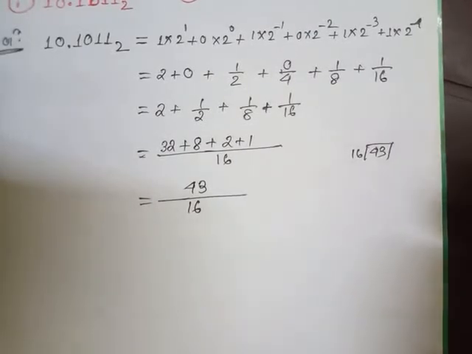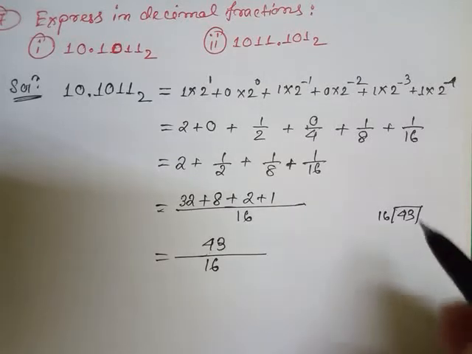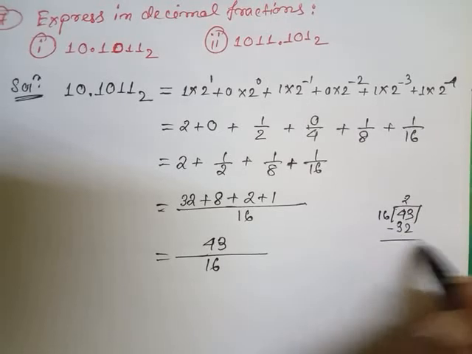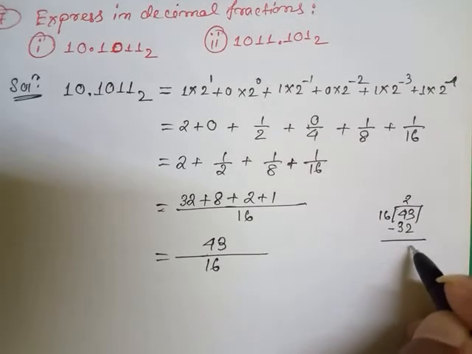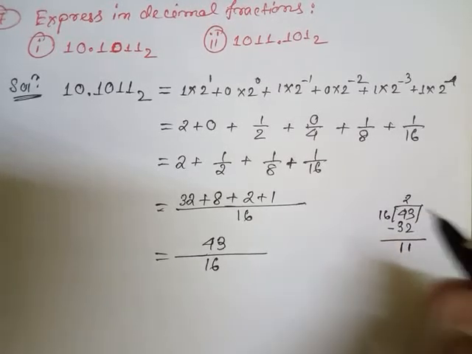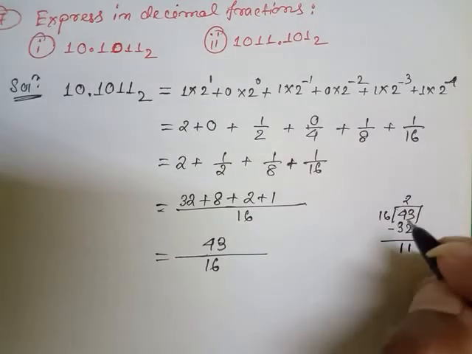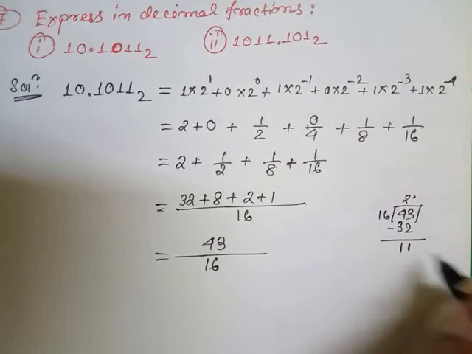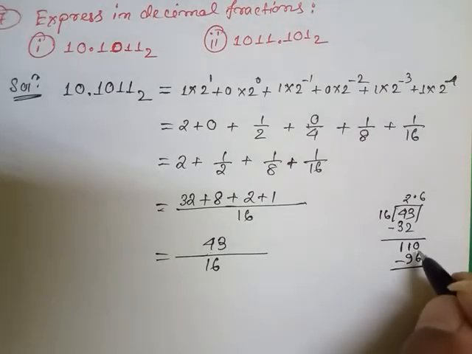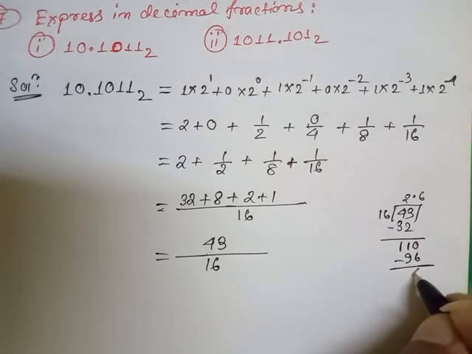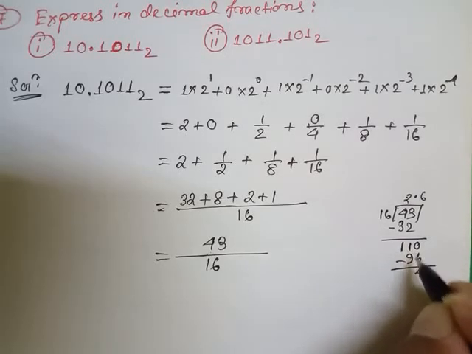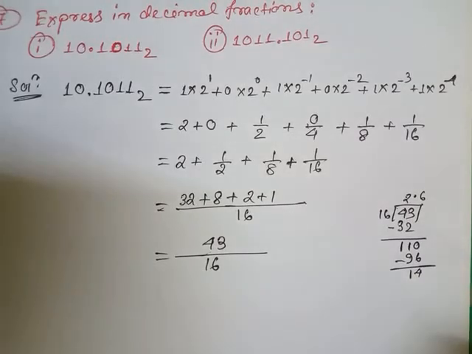Now student, 43, look here, 43 divided by 16, 16 2 is 32 and 16 3 is 48. Now look, 16 2 is 32 and 16 3 is 48, so 3 minus 2 is 1, 4 minus 3 is 1, 11. 11 cannot be divisible here by 16, so we will put a decimal point, then there will be 0. Then 16 into 6, how much? 96. Then 10 minus 6, 4, 0 carry 1, 10 minus 9 1, 14.